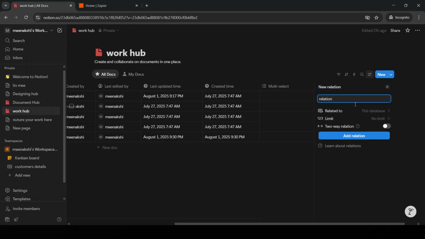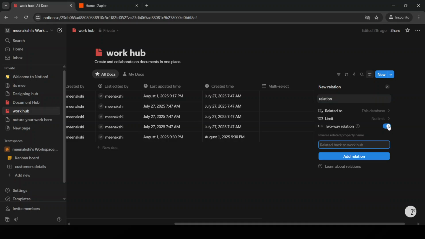As you do this, a new column will appear in your tasks database. This column lets you select items from the projects database, creating direct links between them. This ability to connect the relevant tasks to their respective projects can be incredibly useful, especially when tracking the progress related to specific work. After linking the databases, you have the option to show records in the linked database using